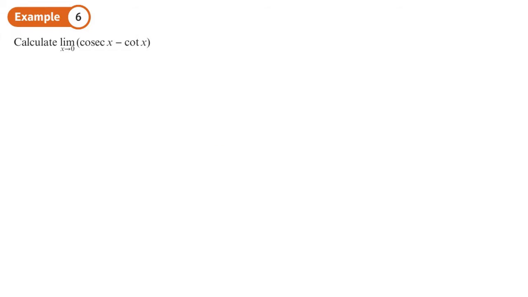Here it says calculate the limit of this function. Now remember, if we're going to apply L'Hopital's rule, our function needs to be able to be written as a quotient like that, something divided by the other, and it's not at the moment, so we need to change it so it looks like that. We can use the definitions for cosec and cot and write them as fractions. From Pure 2, you would have learned that cosec is 1 over sine x,